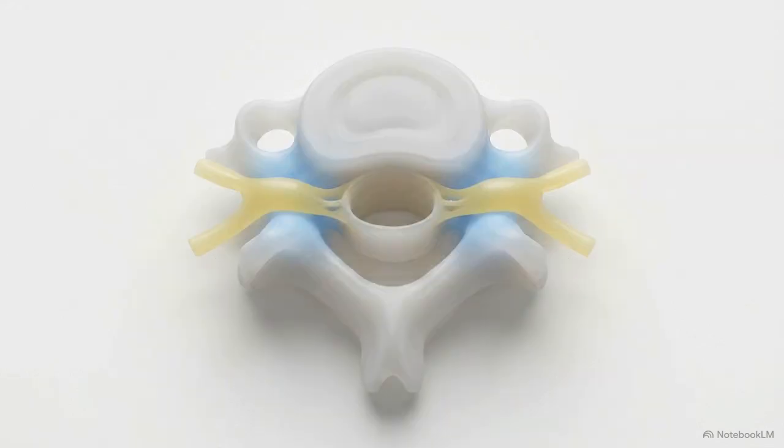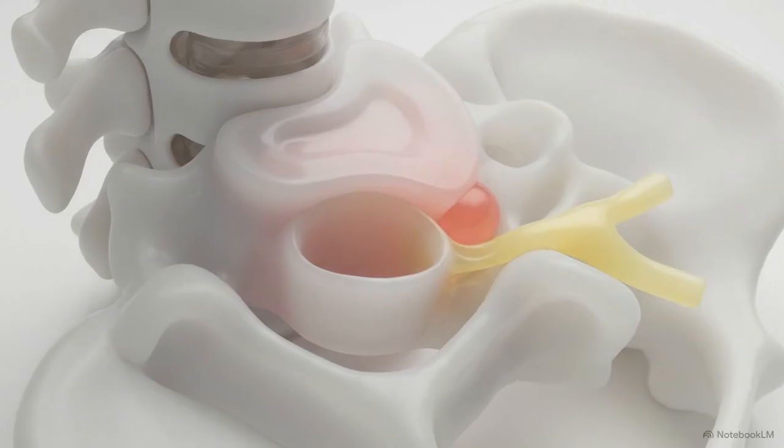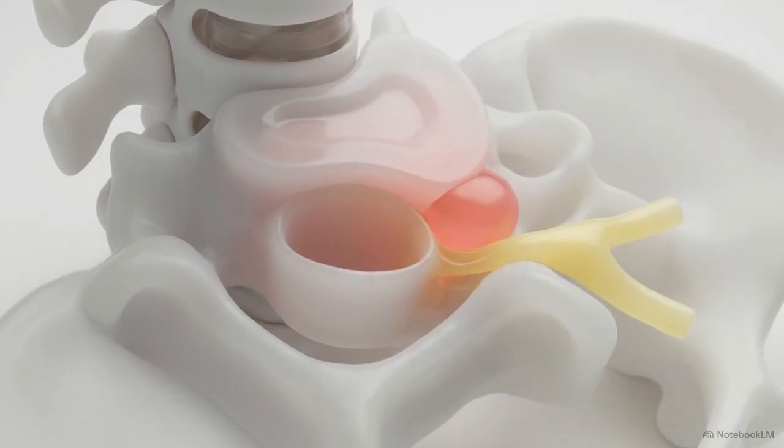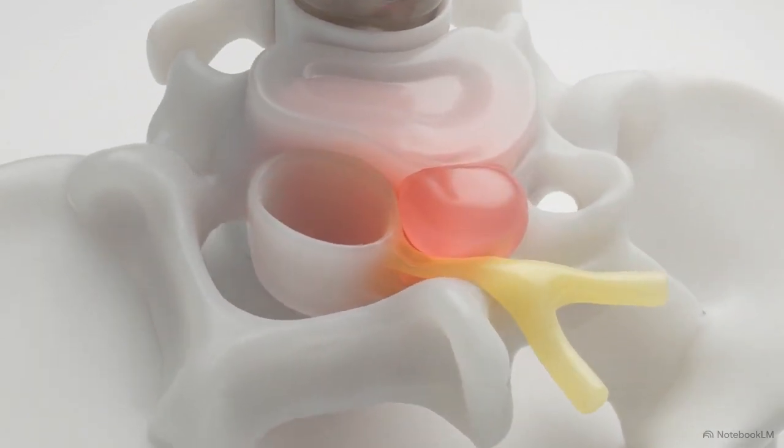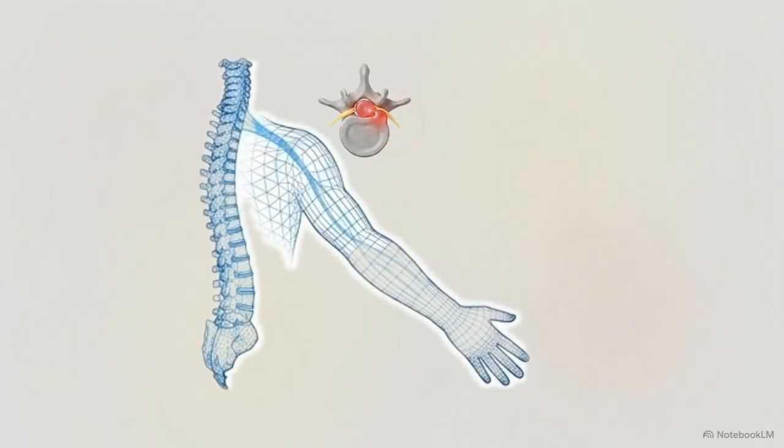Let's shift focus to Zone B. This is the paramedian or lateral region, situated exactly where the neural foramen begins. Here, a protruding disc mechanically compresses the exiting cervical nerve root, creating a primary point of physical injury. Because this specific paramedian spatial geometry directly intersects the path of the nerve root, it correlates significantly with definitive electrodiagnostic